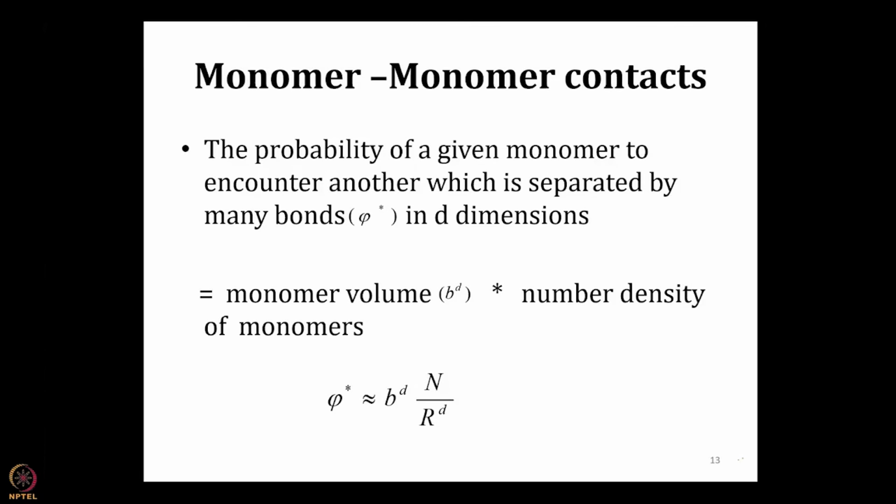He has to now say, okay, as I told you, this polymer is a monster, a big thing. So there is an end-to-end distribution, and there is an interaction between monomers. Interaction between monomers depends on the concentration of the monomers. So what is the size of the monomer? Size of the monomer is R to the power D in D dimension, R cubed in 3 dimensions, R squared in 2 dimensions. Now, if that is so, and if a monomer has a volume B, then I can consider a